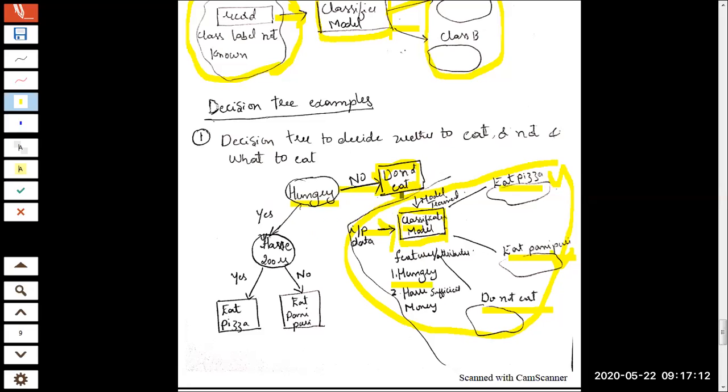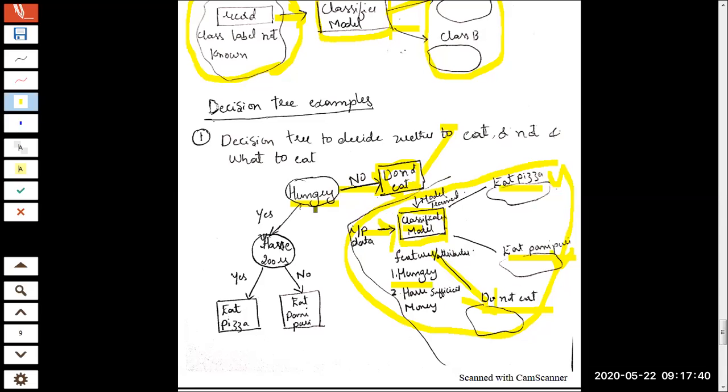So how could you make that out? We saw the convention that is followed. A leaf node will be written within a rectangular block. It will only have incoming edges. It will not have any outgoing edges. So if the person is not hungry, the classifier will directly put that record into do not eat. So the decision tree made a decision.